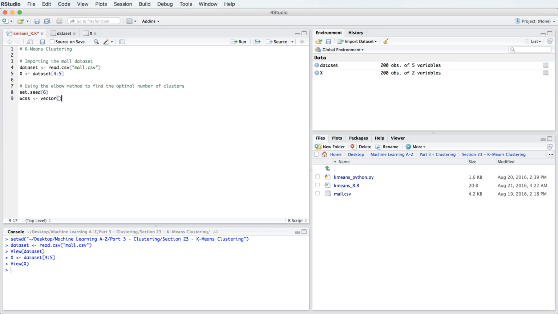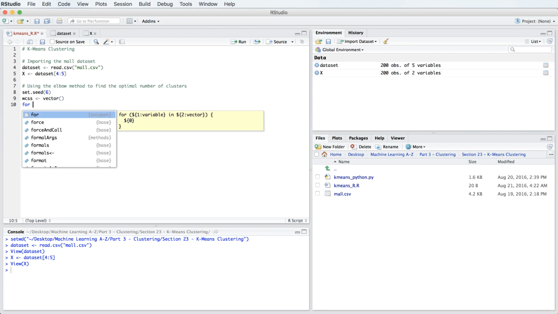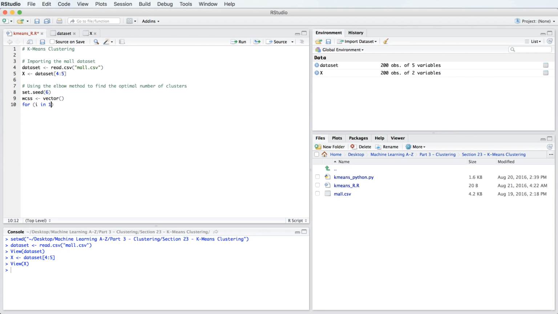That just initialized an empty vector, and now we're going to use the for loop to populate it with the different within cluster sum of squares. So let's write for, and in parentheses, i in 1:10. In for loops in R, the lower bound and the upper bound are included. So here that means that i is going to take the values from 1 to 10 included. And then at each iteration, we directly compute the within cluster sum of squares for each number i of clusters